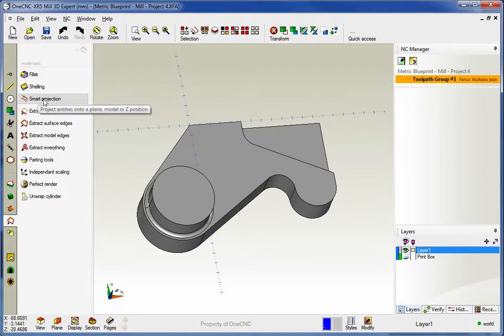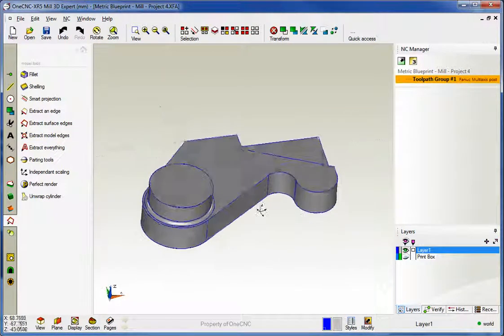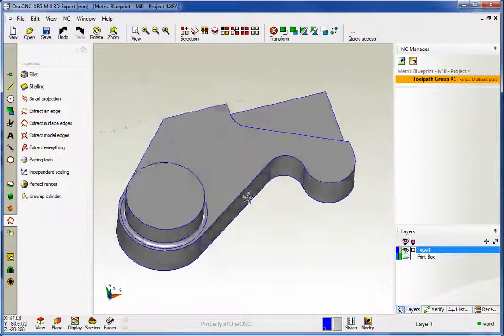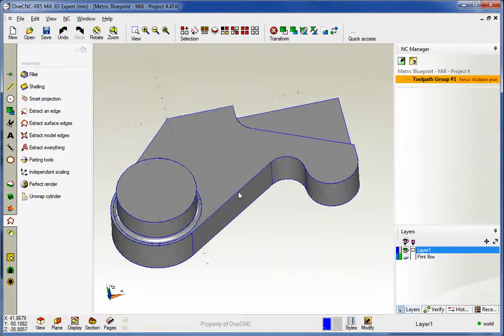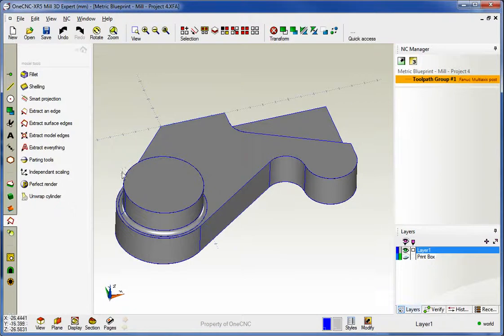You can see there are some commands here: extract an edge, extract surface, extract model, and extract everything. Let's take a look at extract model first. This is real simple. You just select the command, take your cursor, and left-click, and as soon as you do that, you instantly have wireframe geometry created at all the edges. Now this may be a little bit of overkill. We have some extra geometry along these lines here that you may not want,